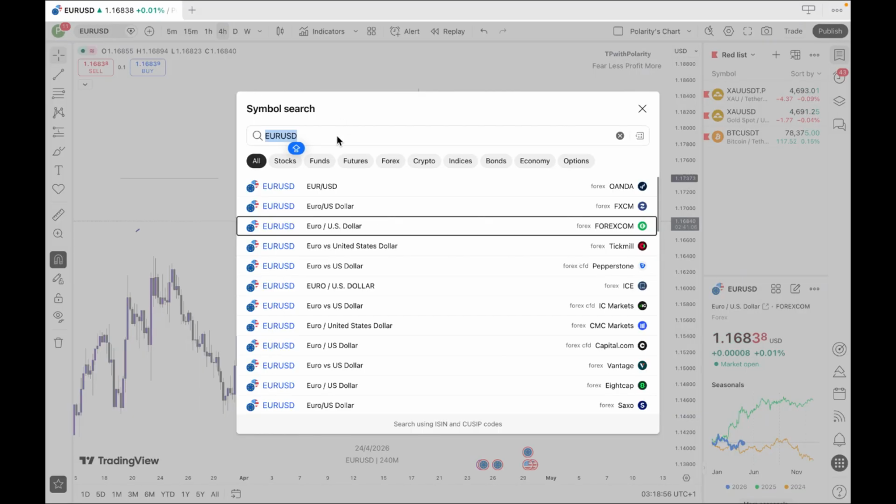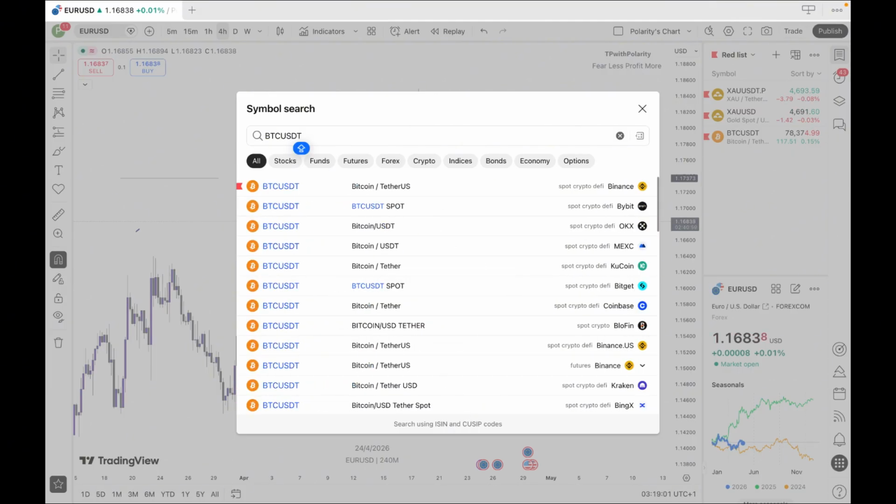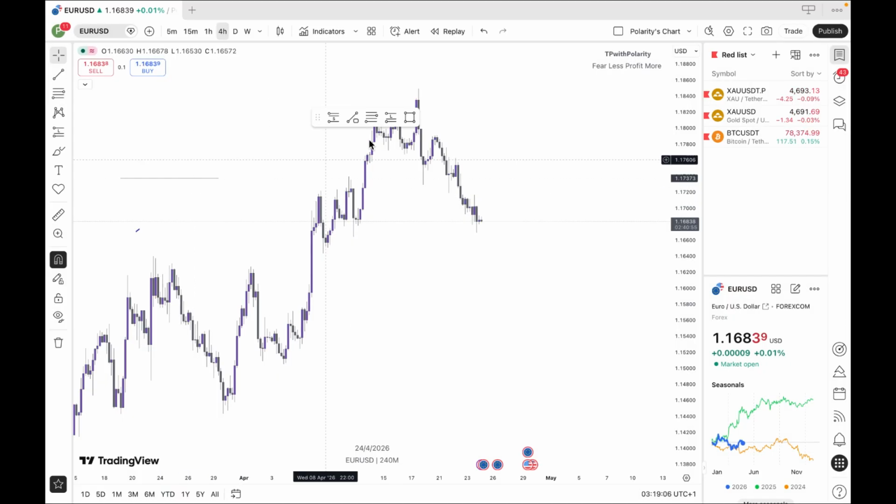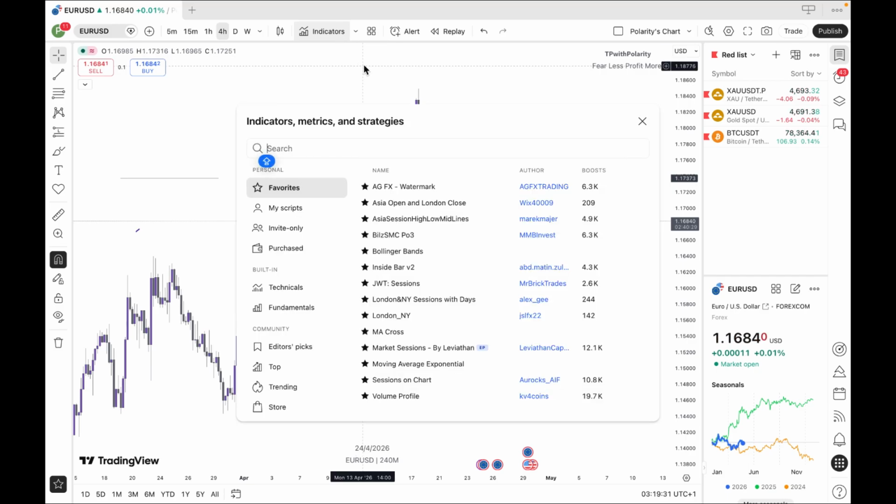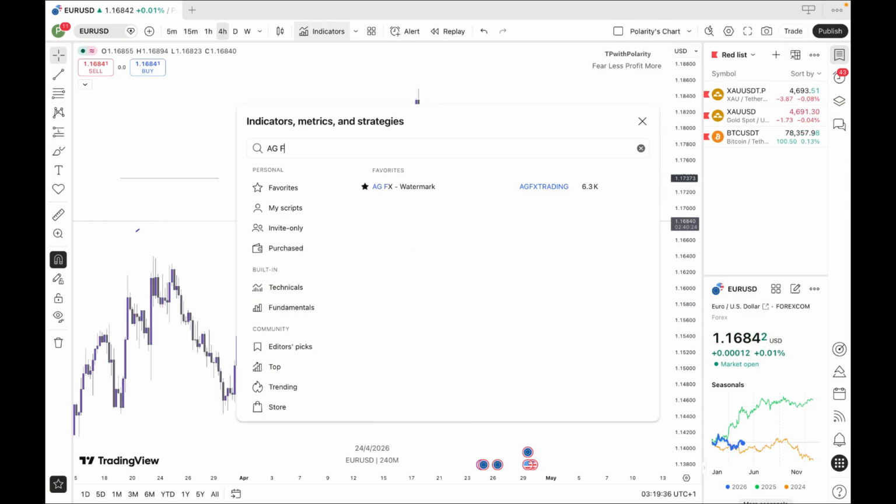In this point, let's assume you're trading BTC USDT. Just input BTC USDT, you'll be able to see the chart right there. You can also add an indicator like myself, if you want that, something that really motivates you. You can come to indicator, and just search AGFX. So when you click on the AGFX,